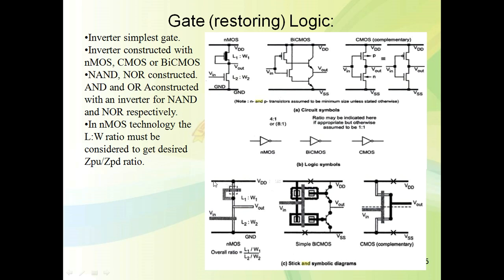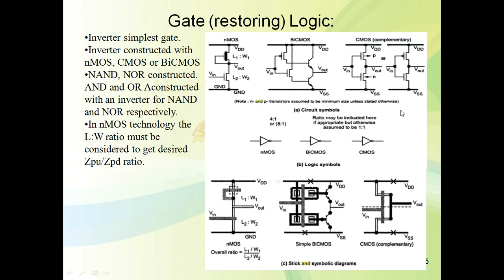So how to draw the stick diagram? Draw two parallel rails, one for VDD and one for ground. The poly crosses the diffusion layer and a transistor is formed, and we have to mention the implant and the length and width ratio for the depletion mode transistor. For the enhancement mode transistor, we directly cross poly and diffusion, and there will be a transistor. Also we have to mention the length and width ratio. This is about how to maintain the length and width ratio of the inverter in the case of NMOS.